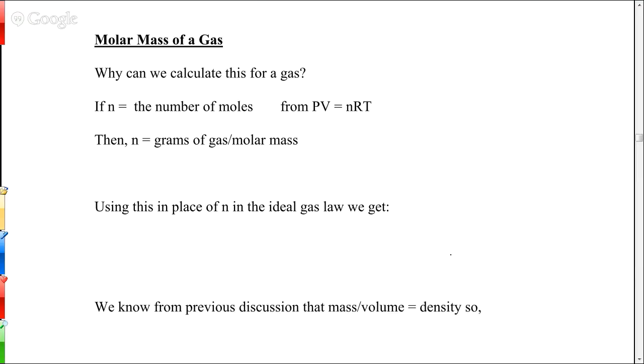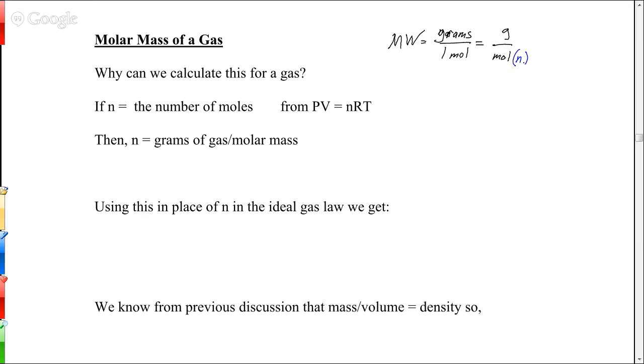N is number of moles, right? So molar mass, let's remind ourselves, I'm going to say MW for molar mass, molecular weight, because mm's is kind of like millimeters of mercury. So we'll say molecular weight, which is the same as molar mass, is grams per 1 mole, right? But another way we could write that is grams, or mass, per moles. Because if you actually do the division, it's grams per 1 mole. But we can also just think of it as the amount of mass in a certain number of moles, which always stays constant. The reason I do this is because this number of moles is actually what we call n